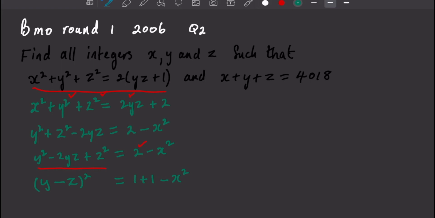So now if I minus 1 from both sides, we are going to get brackets y minus z squared minus 1 equals 1 minus x squared. So now both sides are a difference of two squares. So now we can rewrite that as